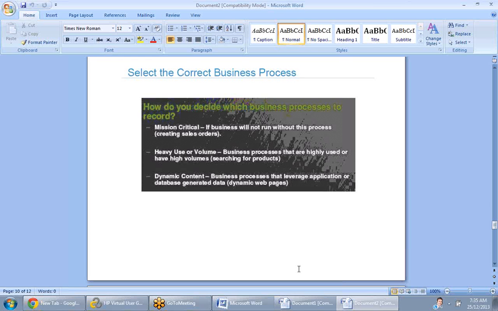And next one is heavy use or volume. Volume in the sense, suppose you go to IRCTC website, booking a ticket is a main critical scenario. But also before booking a ticket, what they actually do, they will search the database. They will go for different locations, from Chennai to Bangalore, Bangalore to Kerala. What are the different tickets? What are the different trains available? What are the different classes available? But the main thing what they do is heavy usage of the database values.